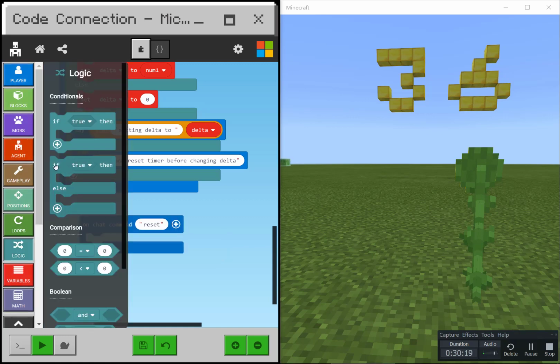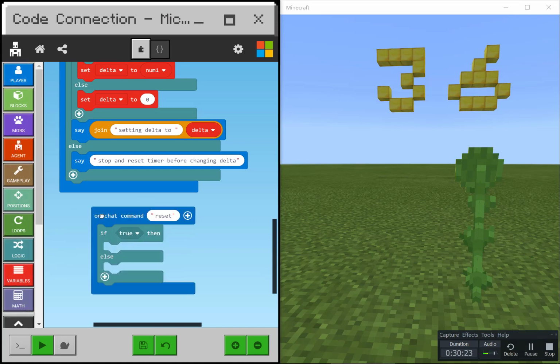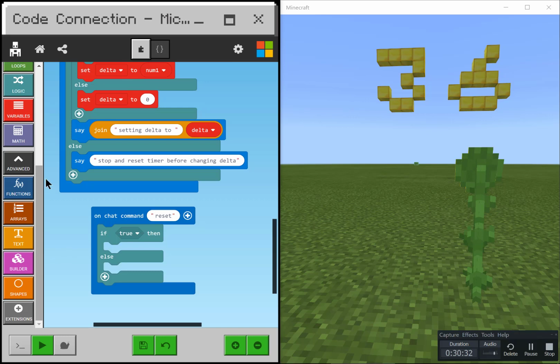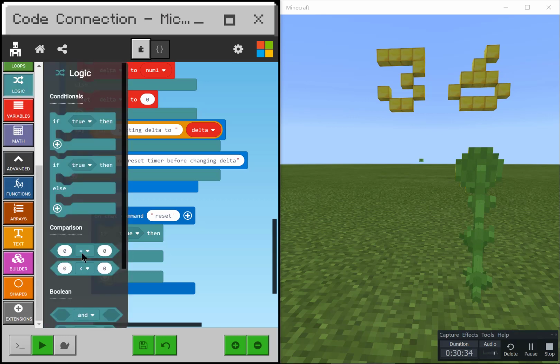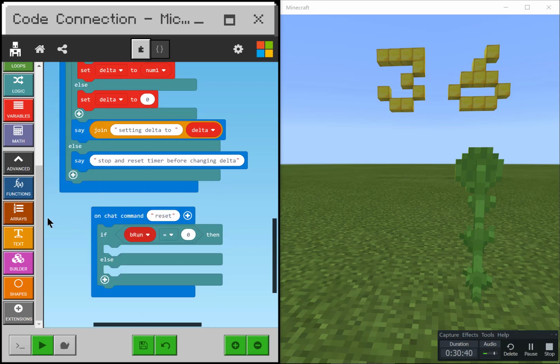So I will use this. And I will say, how do we tell if the timer is running? Well, brun would have to be false if it's not running. So we're going to test for that. If brun is false,